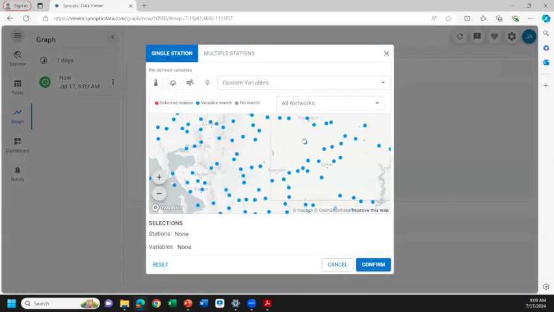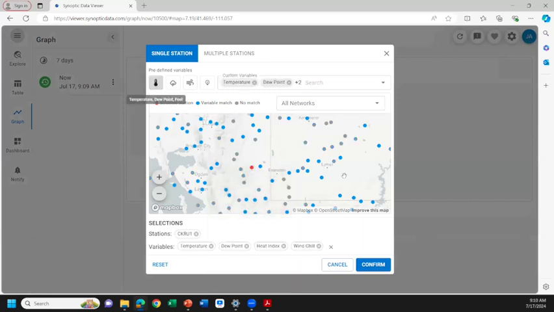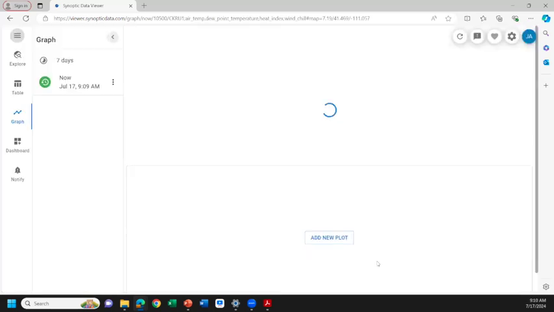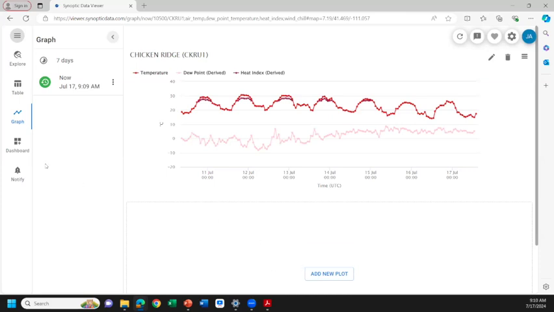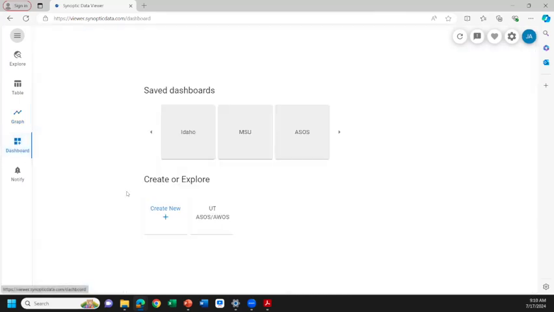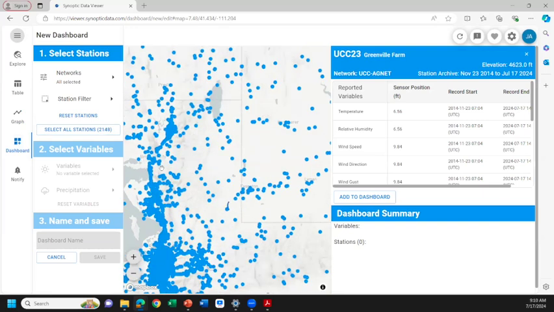If we want to add a new plot, kind of just doing this on the fly, and you wanted to see air temperature from a single station, we're just trying to make this very easy, very publicly accessible to just see data in real time. So as far as data providers go and maybe a little bit more information, we've provided this dashboard capability. There you can really see all of the stations that we have.